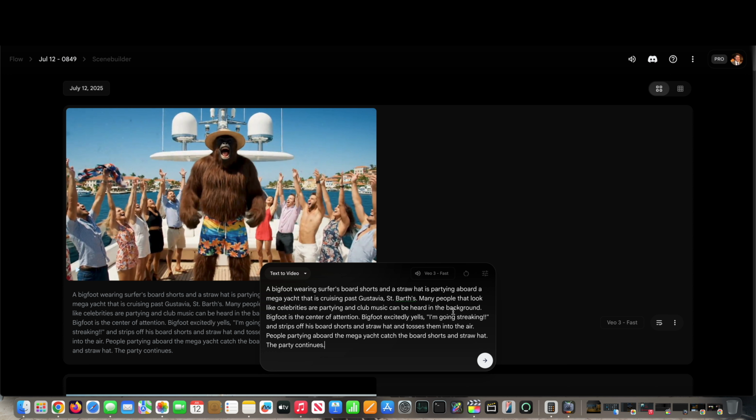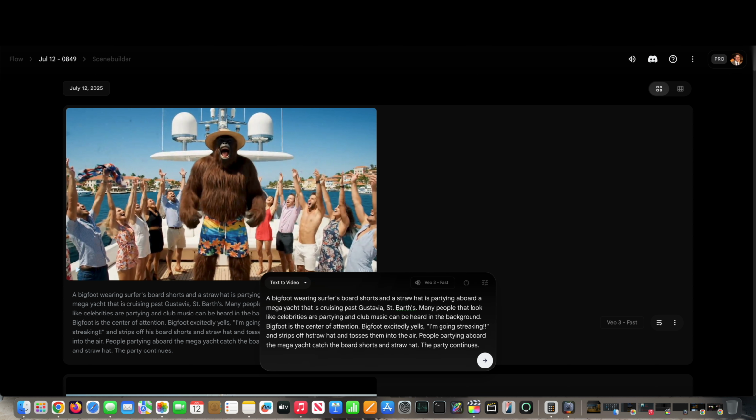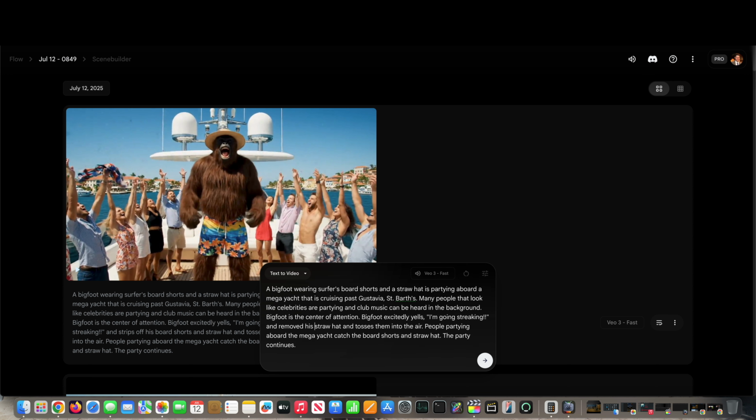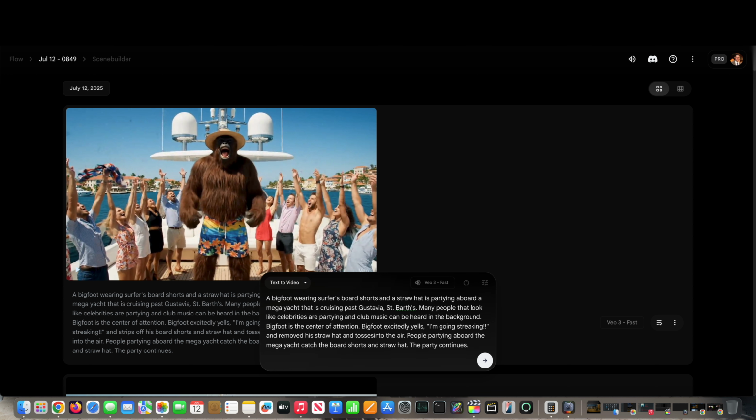Bigfoot excitedly yells, "I'm going streaking," and removes his straw hat and tosses it into the air. People report it. A person partying